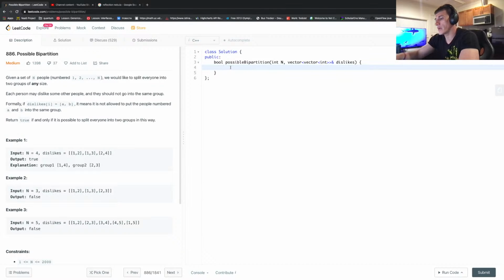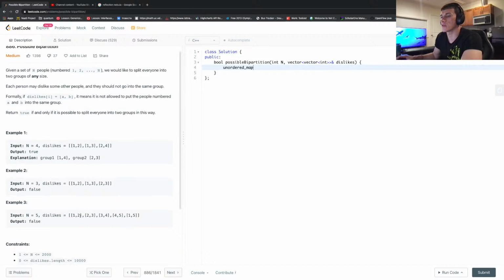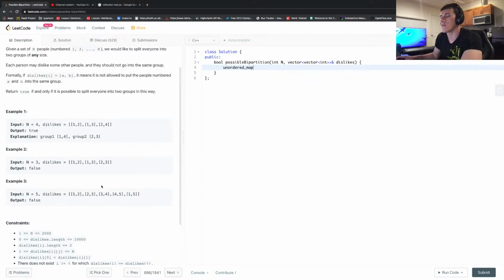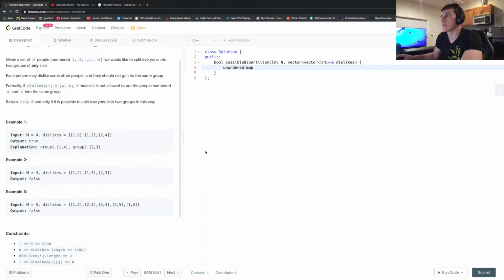To do this, we might have an unordered map. So n is from 1 to 2000. We don't need an ordered map. We may just have a vector of sets, actually. It's even better, right? Vector of unordered set